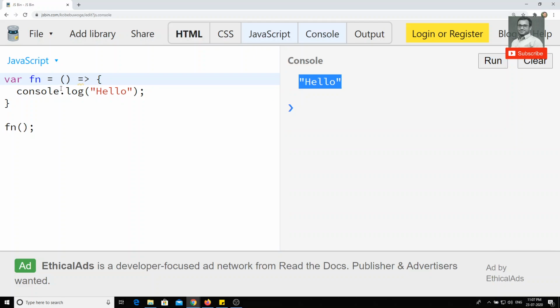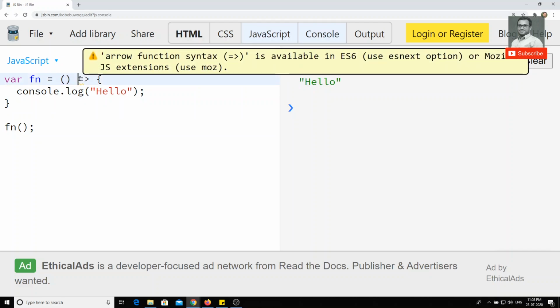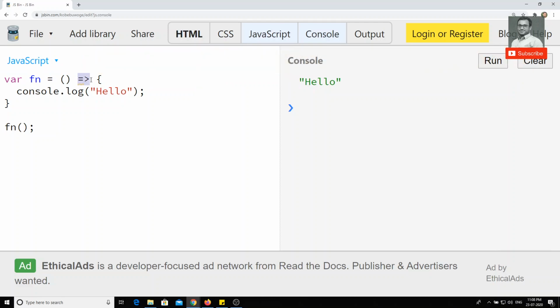So this is also the newer way we can represent the function. Now here is the clear explanation. We have defined a variable with a function, and we have written open and close parentheses, and then the equals and greater-than symbol, the arrow mark. We have opened the curly brace so that all of this comes under the function body.